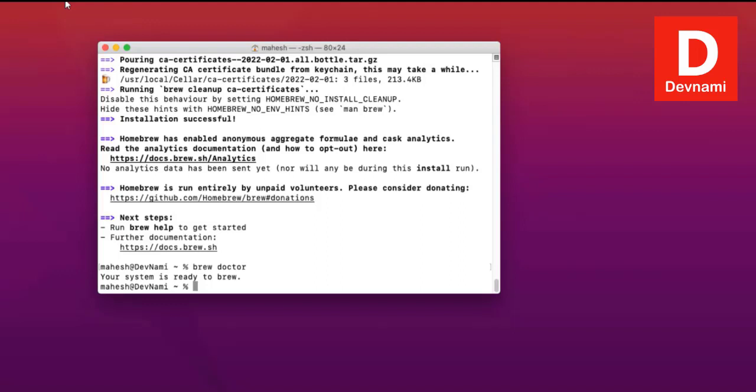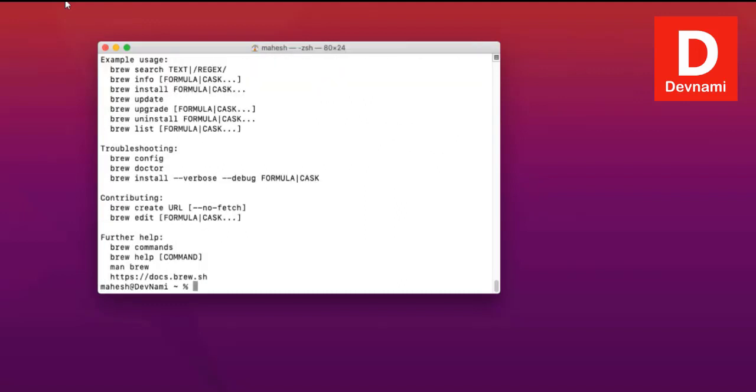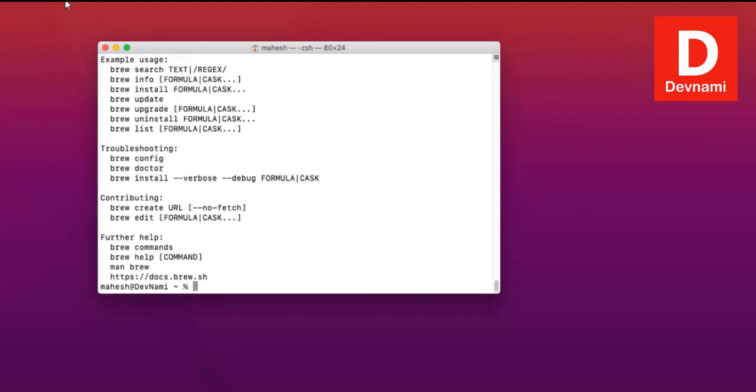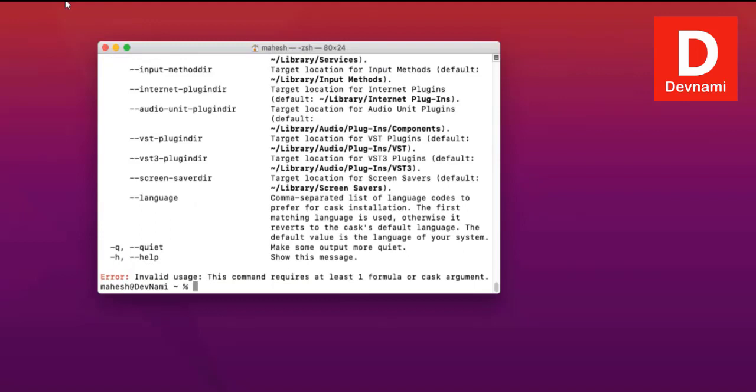Now, there are some commands that you should know and go through, which is brew help, which will show you the list of options that you can use, like brew search, info, install, update, upgrade, uninstall, list, etc. So what we will do is try and install with brew install, then --cask, and here you see